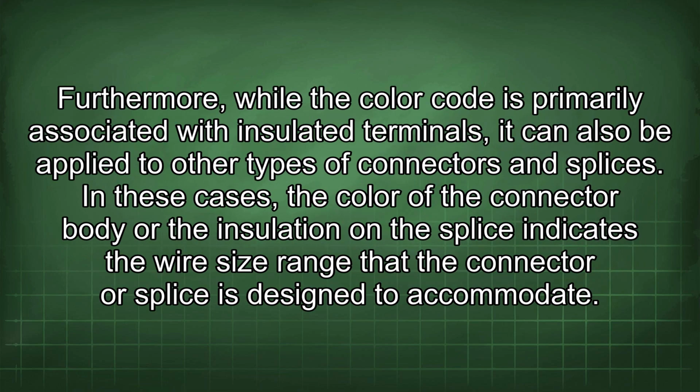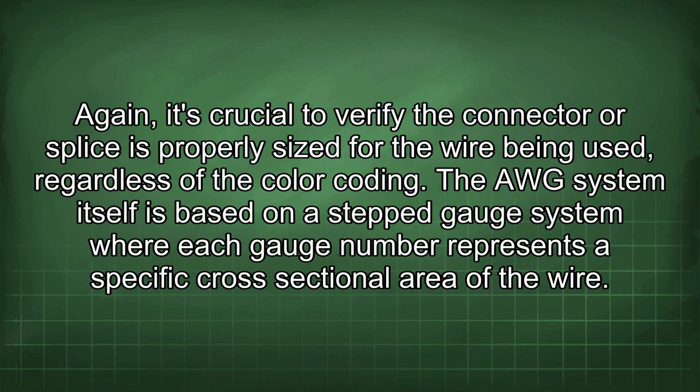Furthermore, while the color code is primarily associated with insulated terminals, it can also be applied to other types of connectors and splices. In these cases, the color of the connector body or the insulation on the splice indicates the wire size range that the connector or splice is designed to accommodate. Again, it's crucial to verify the connector or splice is properly sized for the wire being used, regardless of the